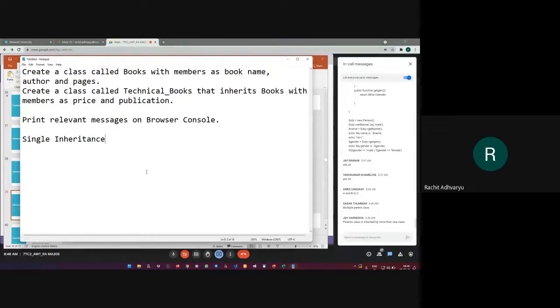You need to create a class called books that has the members book name, author, and pages. You need to create one more class called technical_books that inherits the books class with the members price and publication. Print relevant details of books on browser console, and use single inheritance.